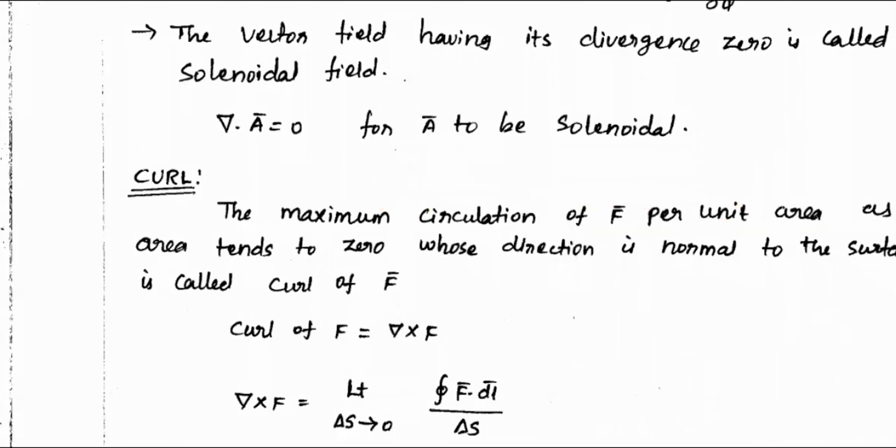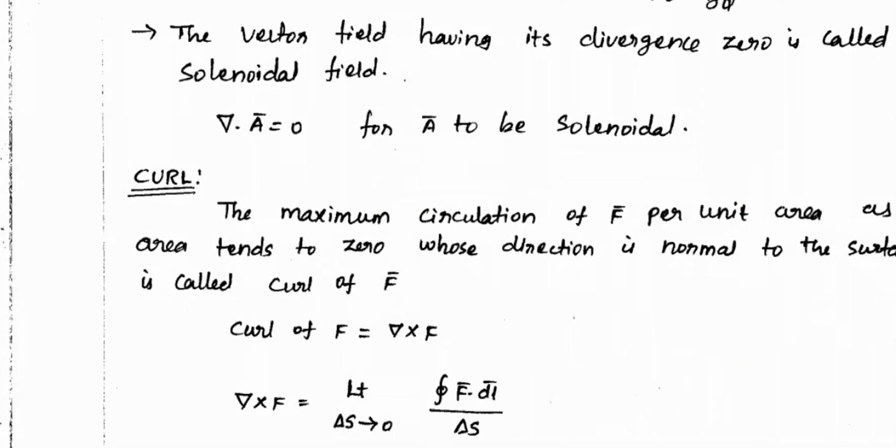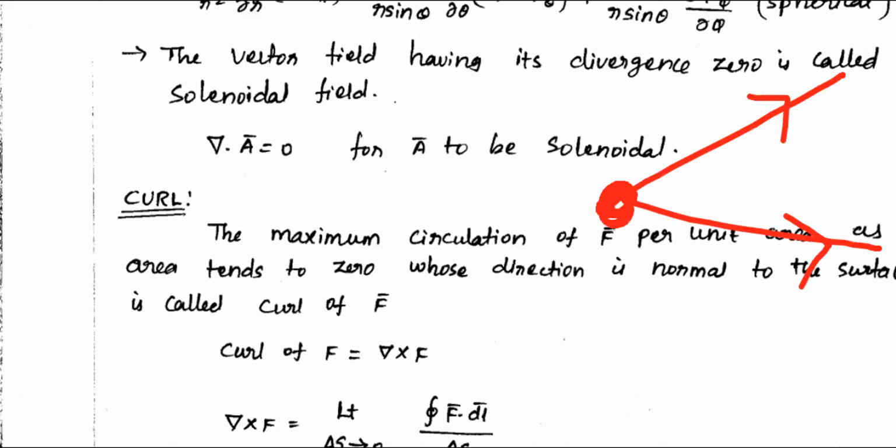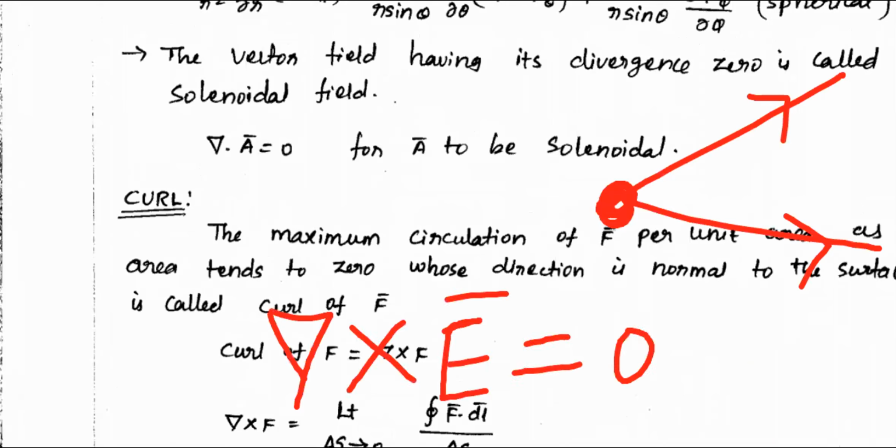And again, clearly, what is the nature of the electric field? Anybody? See, this is your source. The electric field is going in a line. It is not having any rotational capability. Simply, it is going on a line. That's why if you calculate del cross E for the electric field, that is always 0.